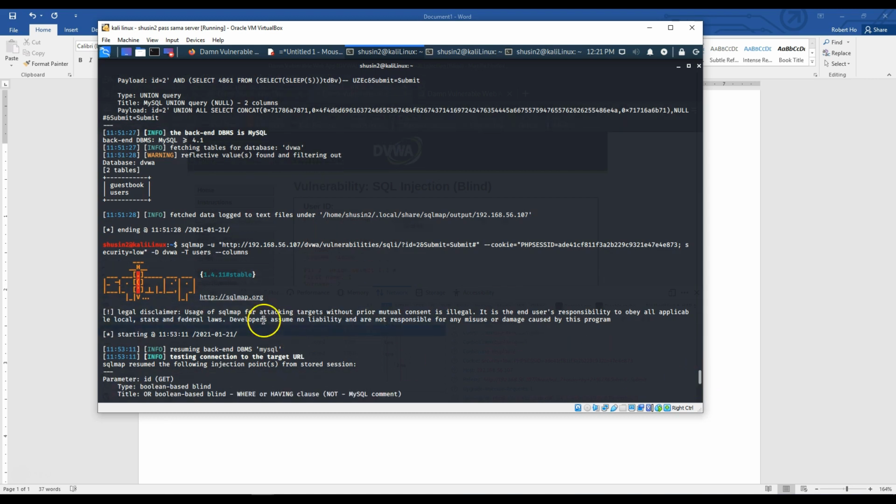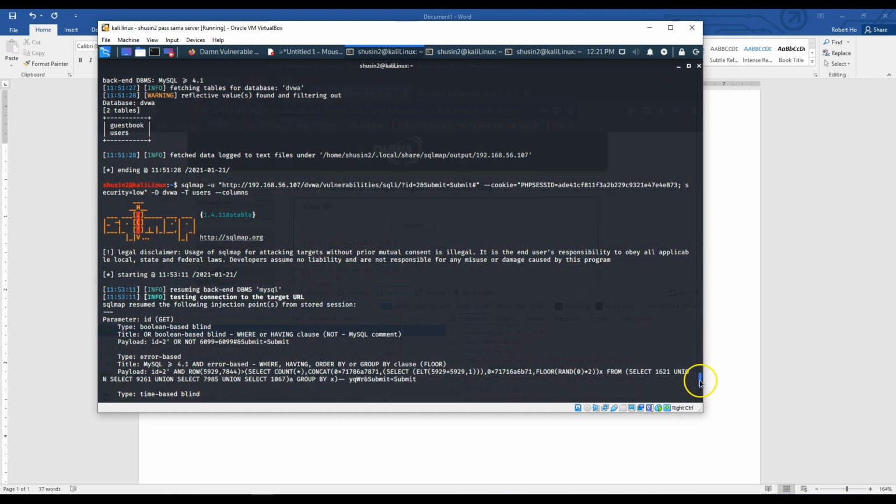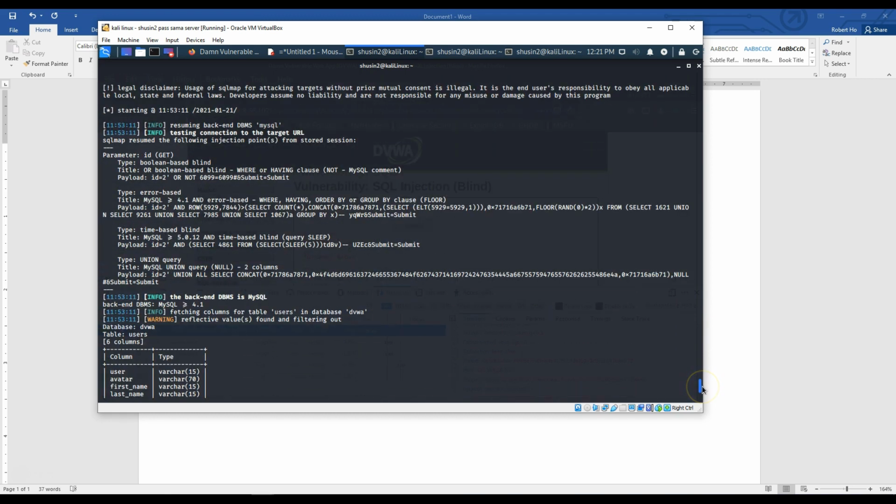So the next thing I do is running the same command again, -D, DVWA, -T, users, and then --columns. Now I'm going to see the columns, right? To find out the columns. Now I find out all of this table information, the columns of that table, right? Of the users table. We have user, avatar, first name, and last name. Okay. So,